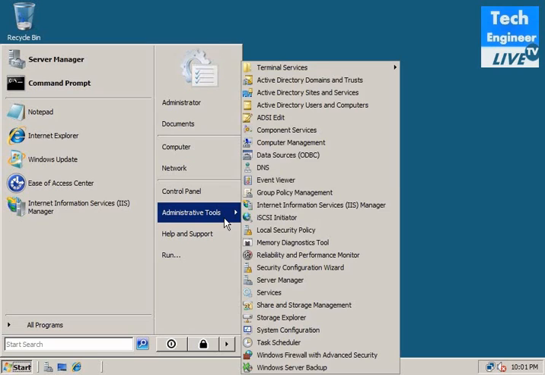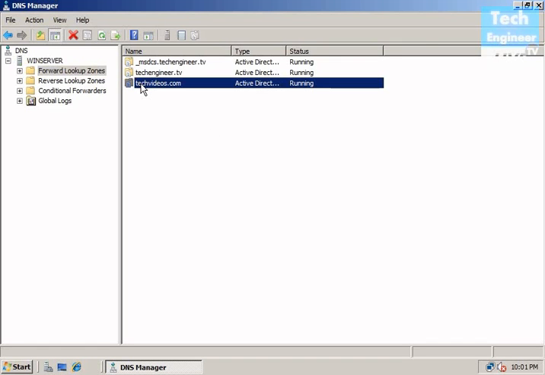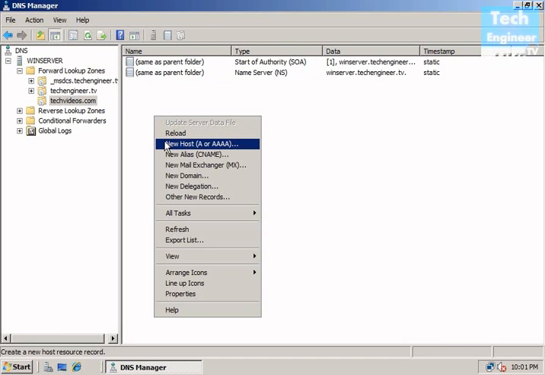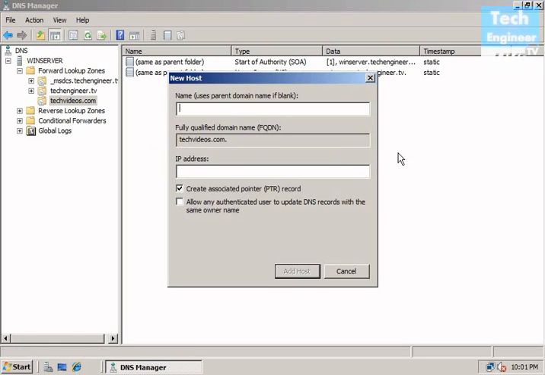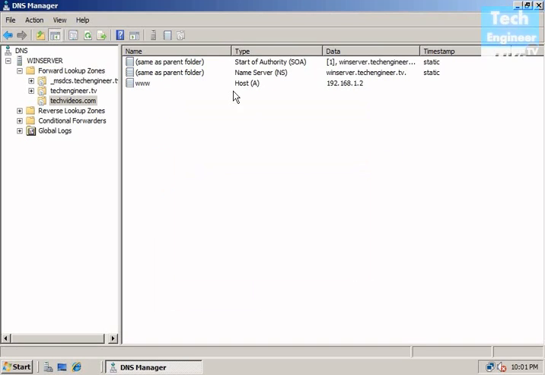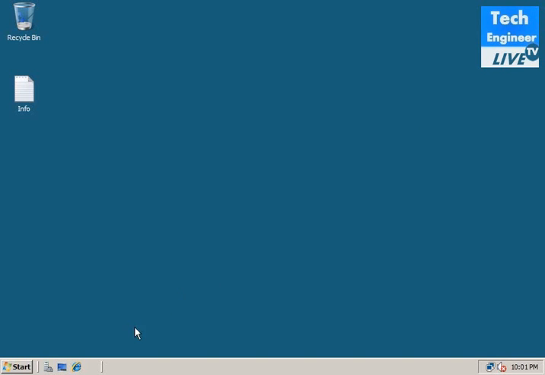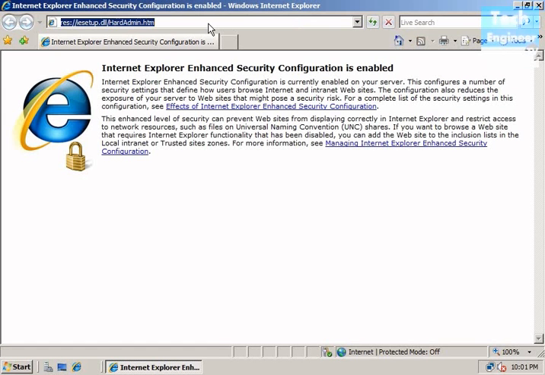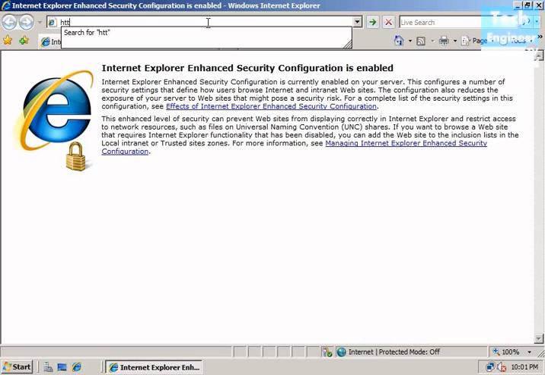and now here we have to add a host. We have to add a new host, which will be www.techvideos.com, the fully qualified domain name, FQDN. The IP we want to add is 192.168.1.2. I'm adding the PTR record too along with the host. Now once we go to http